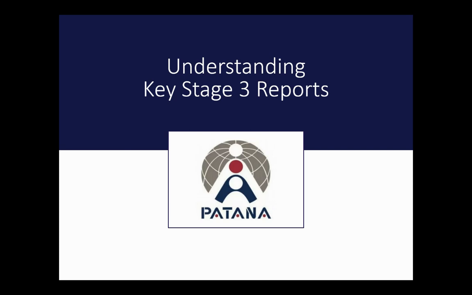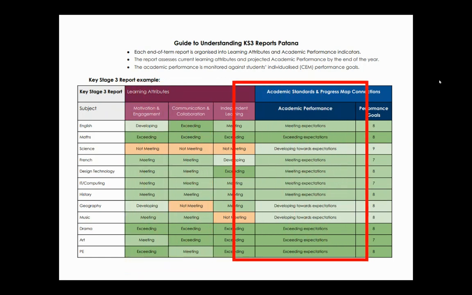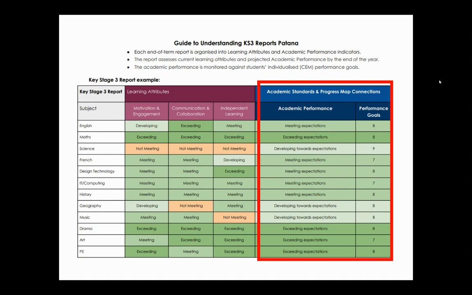The aim of this video is to help you understand your school report. There are two parts to the report. On the left is the comment made by your teacher on your learning attributes. On the right is the report on your academic performance. The focus for this video is to explain what these columns mean and how this links to your learning journey